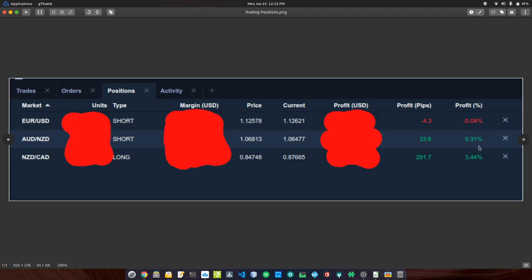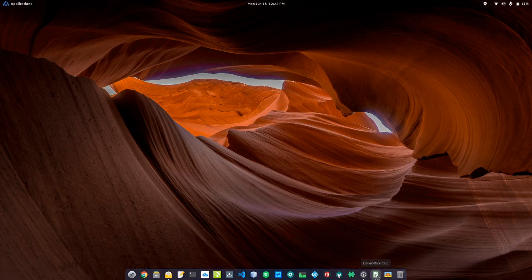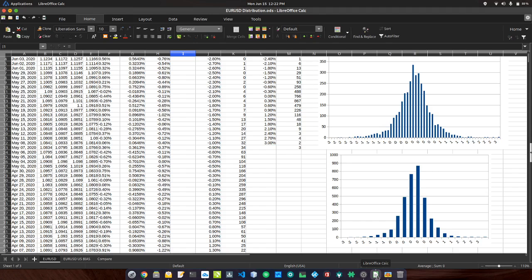Screenshot of this morning. This one is a recent trade. This one's already up 3.44%. That's 291 pips. And you guys, maybe not you guys, hopefully not you guys, because you're starting to look into the MacroTrader software, but 10 pips? Come on, guys. And listen, don't talk to me about leverage. Oh, well, you can lever it up, and 10 pips is like 300 pips. Don't talk to me about leverage, guys, because leverage does not change the statistics.